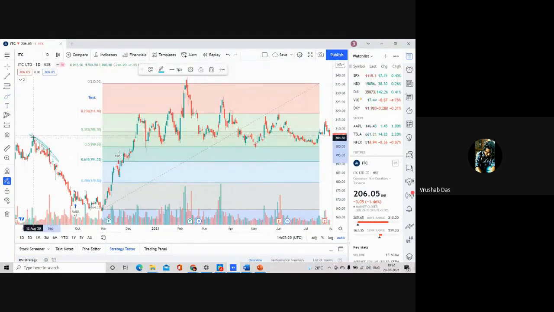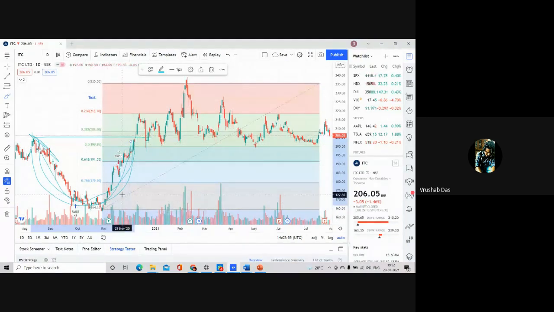This was the downtrend, this is a neckline, and this was the rounded bottom. After this rounded bottom, the price reversed and went to a new high, as you can see at this point. From here you can also extend, taking the help of the retracement levels. With this rounded bottom pattern, the chances of the price touching a new high are higher.